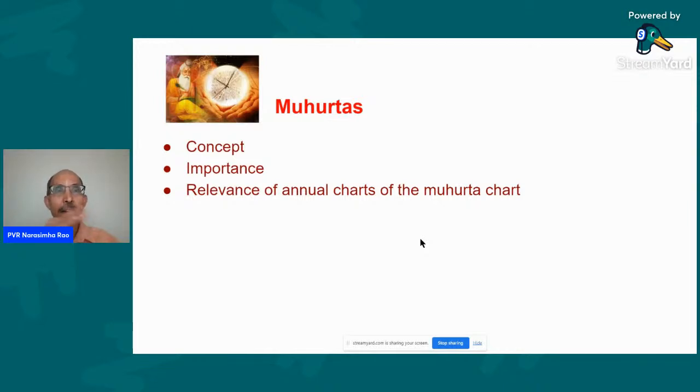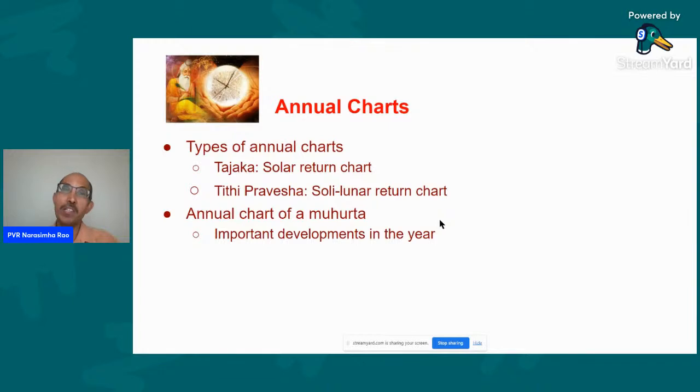So because that entity continues its existence, can we make annual charts to see how important things happen in the life of that particular entity during a particular year? I explored with several examples, and I found very convincing examples that suggest this is a valid thing to do, and conceptually it does make sense. So I'm going to illustrate with a few examples the concept of using annual charts for the Muhurta chart and seeing important events during that year.